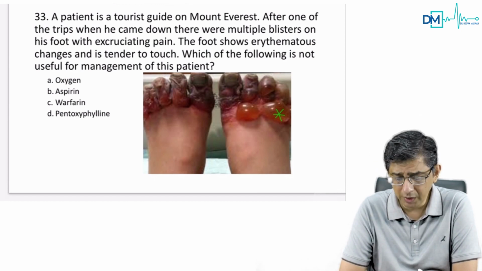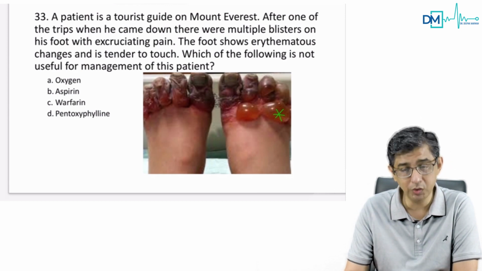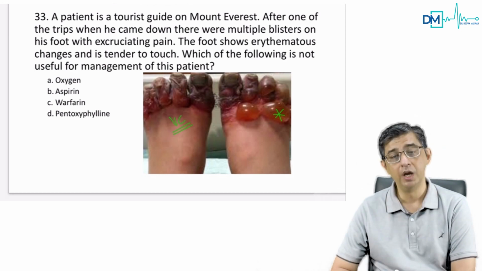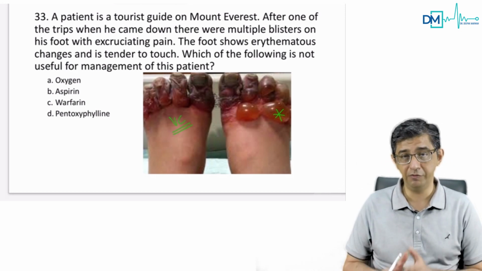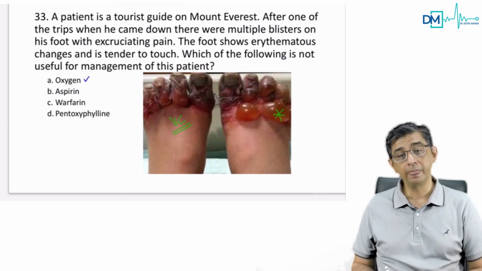So oxygen will definitely improve his mental status. It will improve the oxygenation of the tissues. After all, I need a better blood supply because there's definite vasoconstriction here. So if I give oxygen to this person, it will definitely improve the local tissue perfusion. So yes, oxygen would be given.